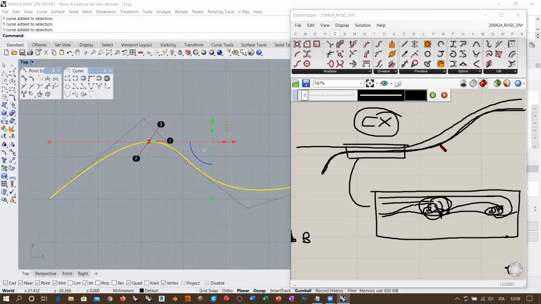So in this case, for example, in automotive design or, I don't know, whatever industry that has to deal with aerodynamics, or fluid dynamics in general, like, for example, ship design, boats, or airplanes, or spacecraft, or whatever you might think of that has to deal with aerodynamics, then continuity, also higher than G2, from G3 and above, becomes important. Okay, so you see that continuity